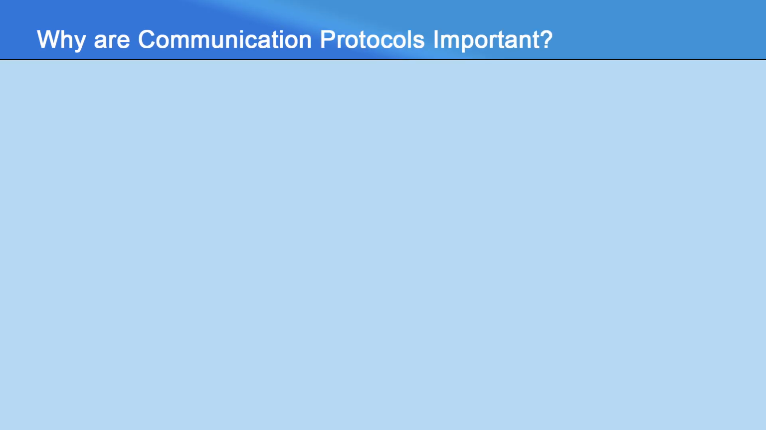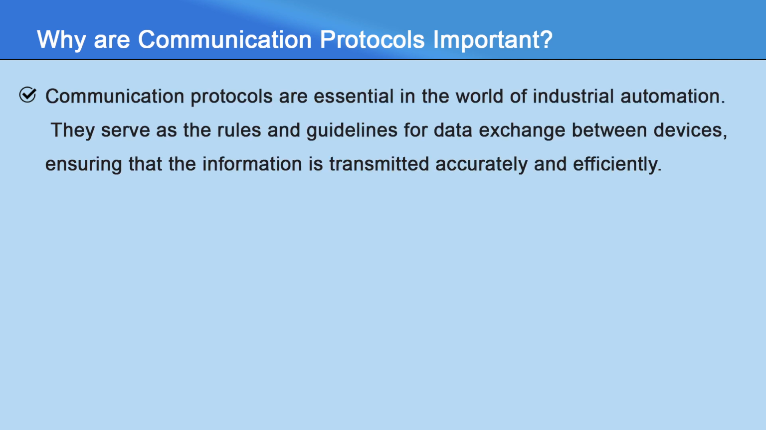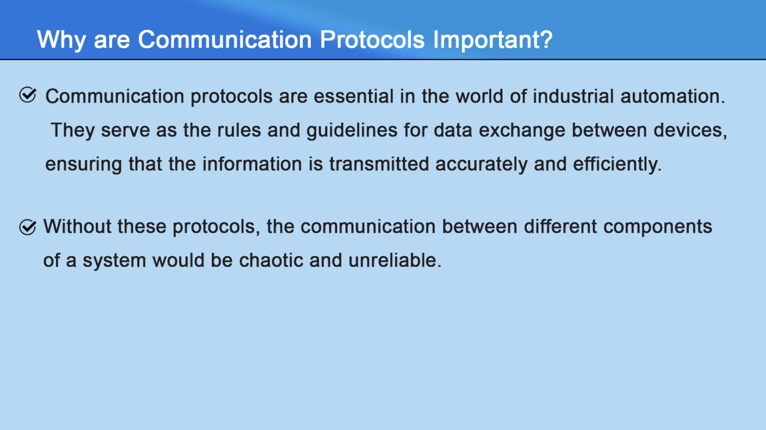The first thing: why are communication protocols important? Communication protocols are very essential in the world of industrial automation. They serve as the rules and guidelines for data exchange between the various devices and also ensure that the information is transmitted accurately and efficiently. Without these communication protocols, the communication between the different components of a system would be unreliable and the system would